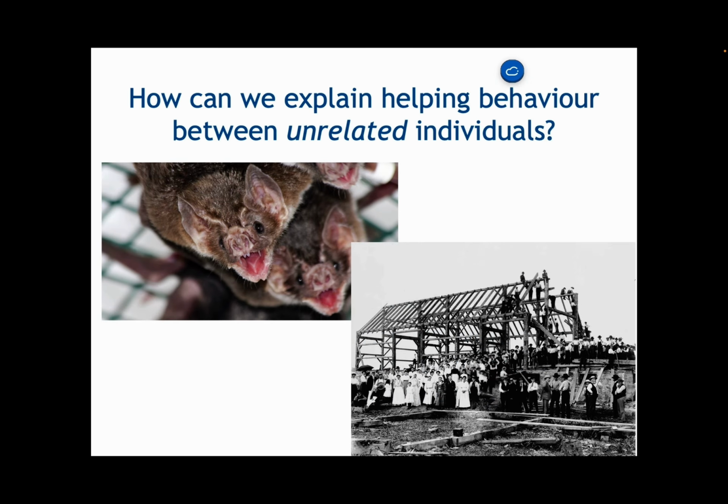But as people have pointed out, there are many, many examples of individuals providing help. Maybe they risk their life, maybe they give up some resources to help someone else in the same species that is not necessarily a family member. And how can we explain that? And so on the right here, this is a picture of a barn raising. So in communities like the Amish or the Mennonites, these farming communities, sometimes one family's barn will just break down, or it'll blow over on a windy day, or a barn will burn. And the whole community will come out, and everybody will participate, and they will put up a new barn for